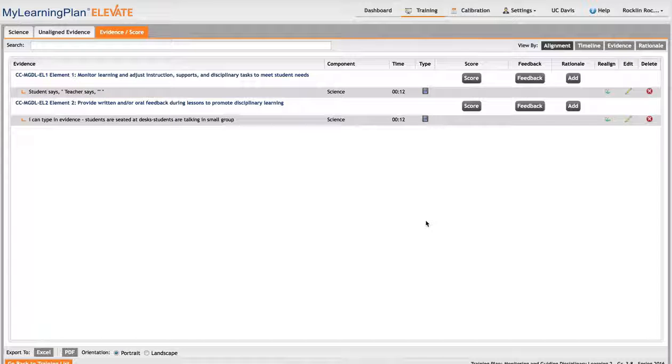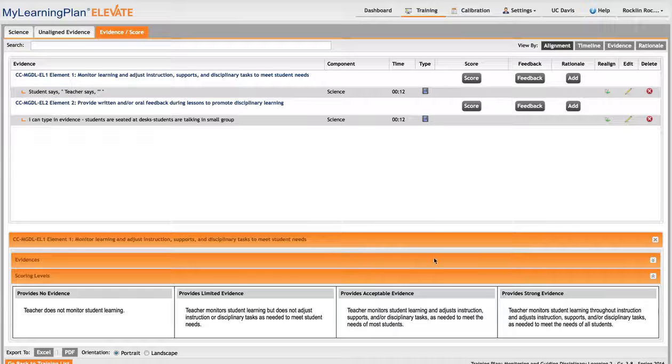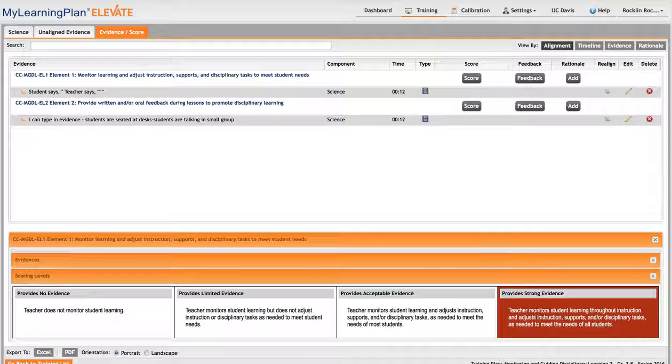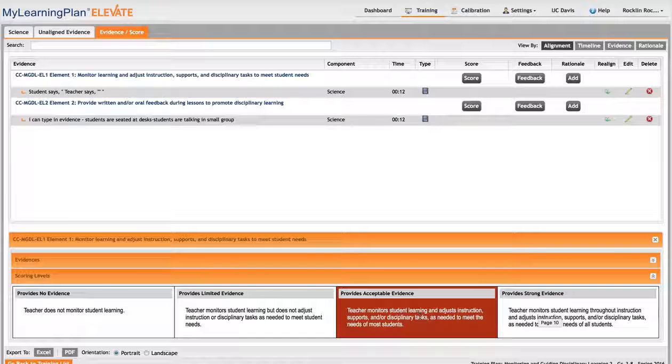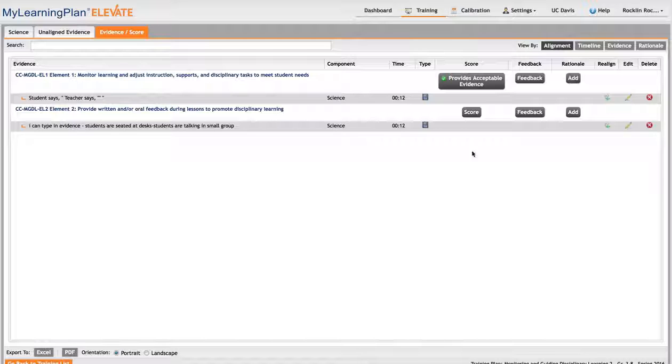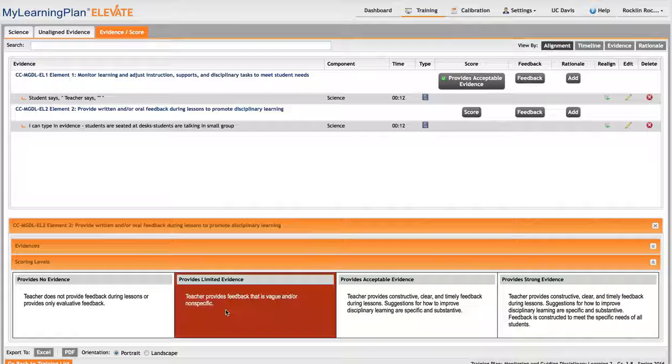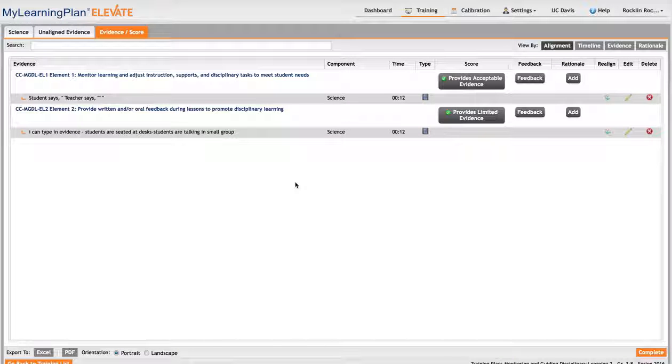To make that selection, I press on Score, and my rubric with the levels comes up below. And I simply select the level I believe is most appropriate for that element, and I'm done. I do that for the second element, and now I've assigned levels to each of the elements of the practice. Now I'm complete with this part of the process. So I can click the Complete button in the bottom right-hand corner,